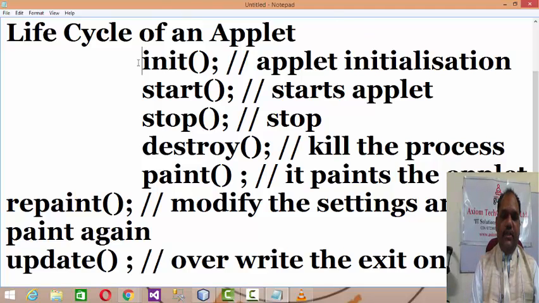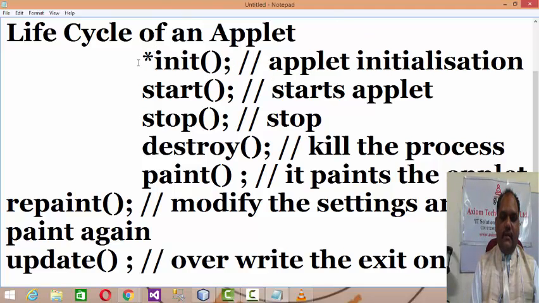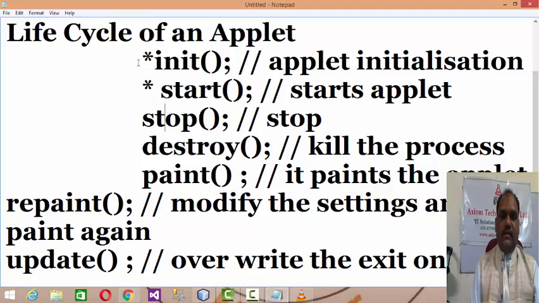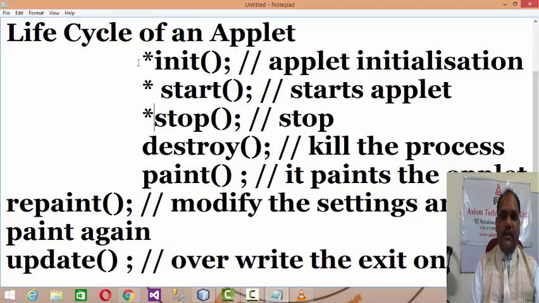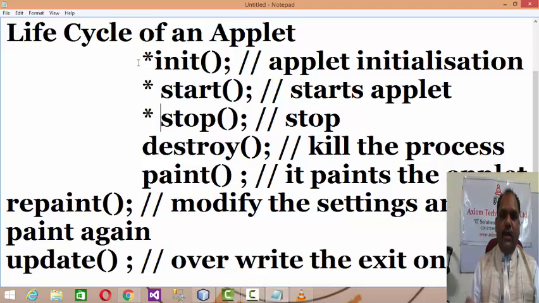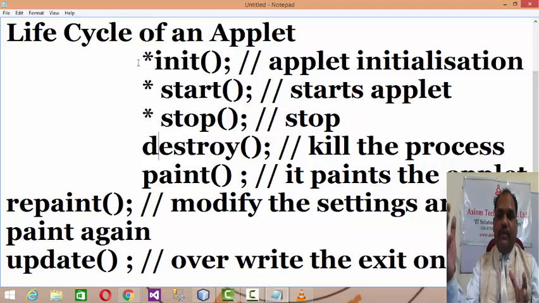Init means initialization, and start means it starts the execution of the applet. Stop means it will halt for a while. If you navigate from the current page where the applet window is to another page, it will give a call to the stop method.